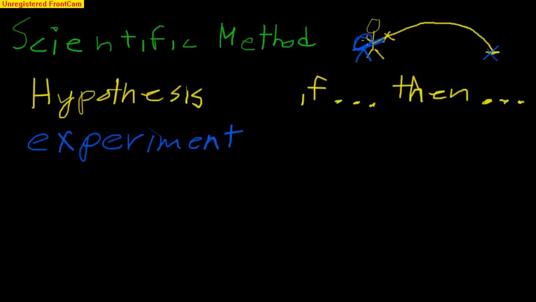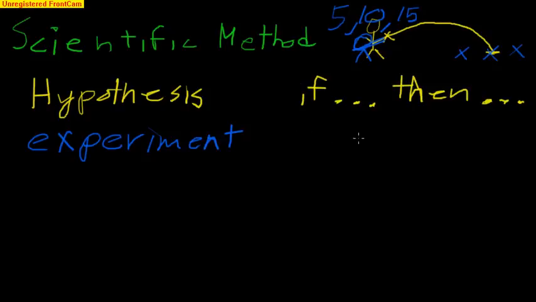So if we were going to change something, if we vary the speed, we could do it once at 5 miles per hour, and then again at 10 miles per hour, and then at 15. And then we could say, okay, so at 5 it lands here, at 10 it lands there, at 15 it lands here, and then we'd have inputs and outputs. We could say, if we increase the speed, then the ball will land further away. That's just a physics example, but it could be applied for just about anything. So we have the experiment, and we just have to control it really tightly.